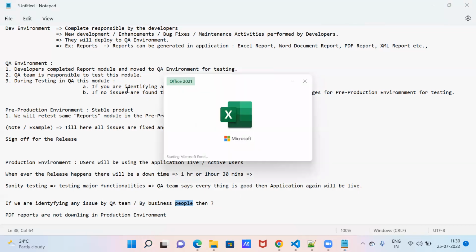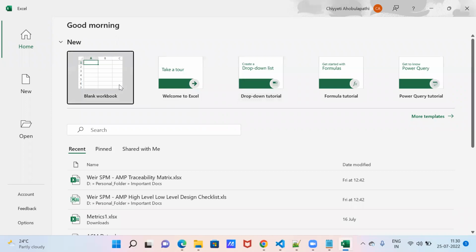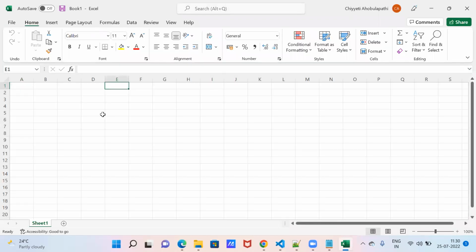It's a PDF report, right? The PDF report is not generating. What is the issue? We need to create one issue. The issue is